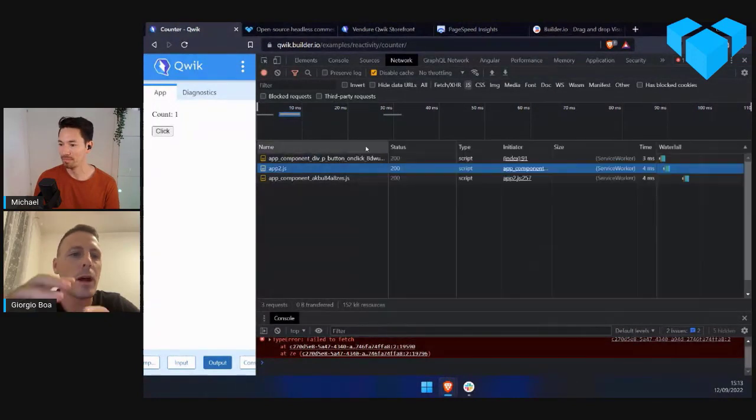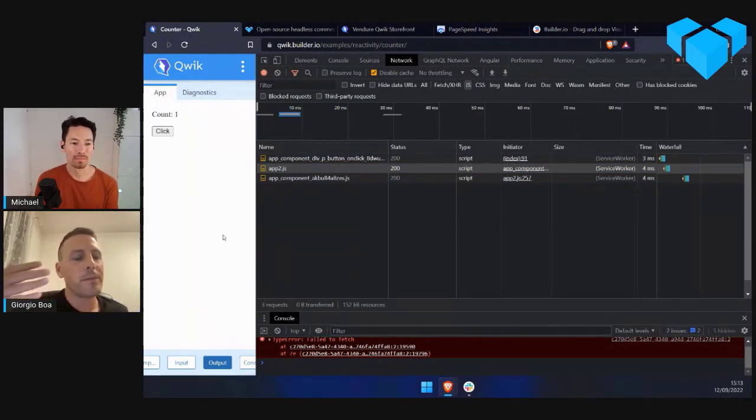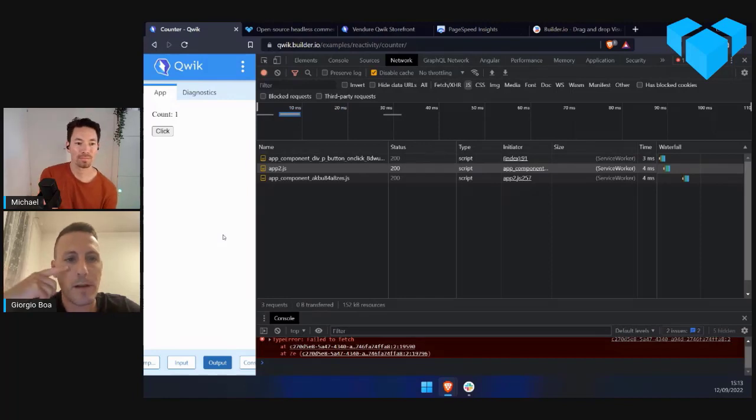If your application is big, in most of the other frameworks you have to download all the dependencies, all the JavaScript for the whole application. With this approach, the application starts immediately, and then when the user clicks somewhere, the framework will download the JavaScript. So the JavaScript payload remains the same if you have a big application.